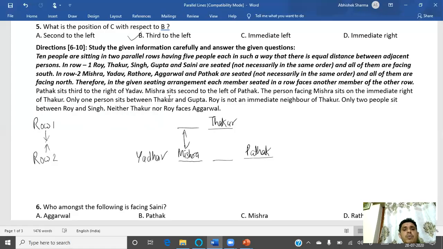Thereafter, only 2 people sit between Thakur and Gupta. That means if Thakur is here, so Gupta either can be here or Gupta can be here. We have two situations. Gupta can be here or Gupta can be here, right? Thereafter, neither Thakur nor Roy faces Agrawal. Neither Thakur nor Roy faces Agrawal. That means